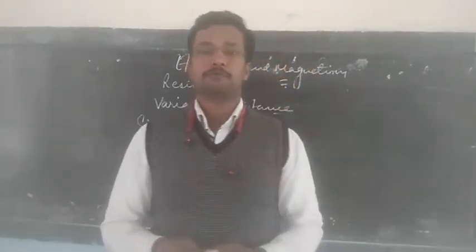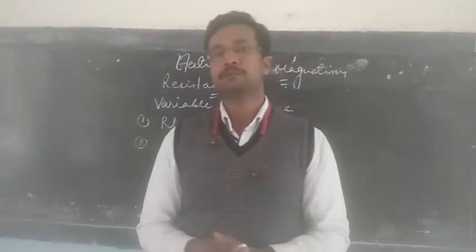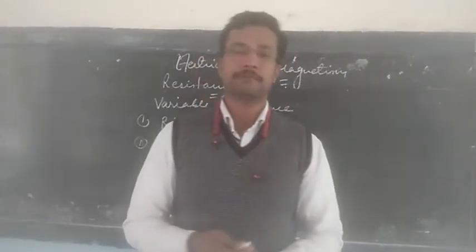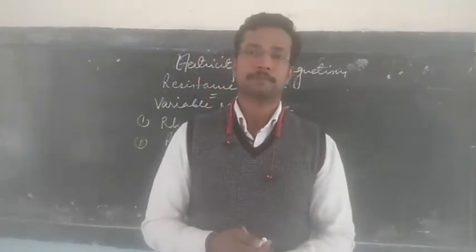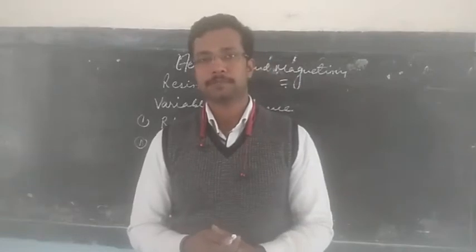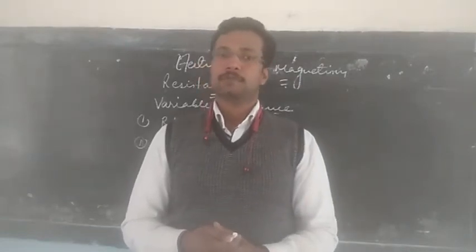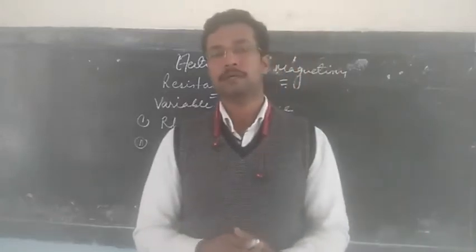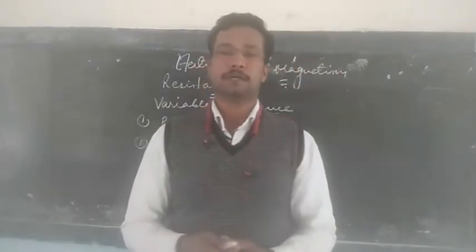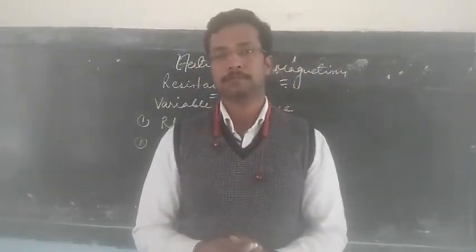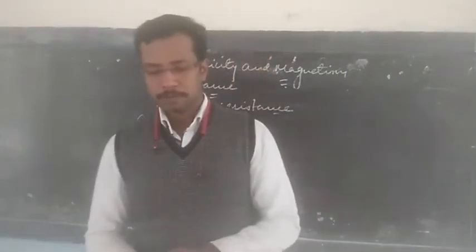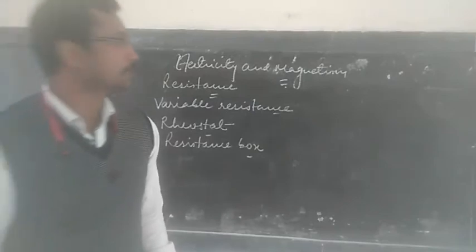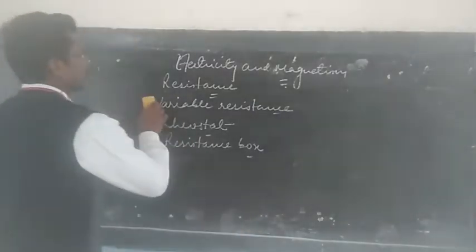Similarly, with the help of voltmeter we can come to know the potential difference or the voltage of the current. So far as galvanometer is concerned, it is also an instrument and it measures the direction of the flow of the current. So these are the three main instruments that we can connect in the electric circuit.